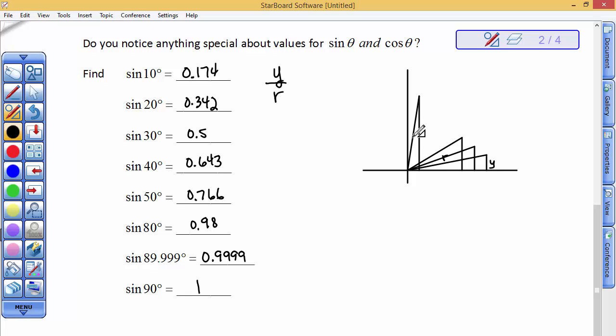And when you get all the way to 90 degrees, and I'm just going to draw it with a red line, the side called y is the same as the side called r, so you have the same length divided by the same length. And so